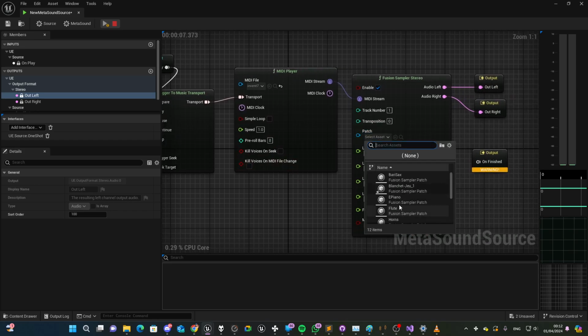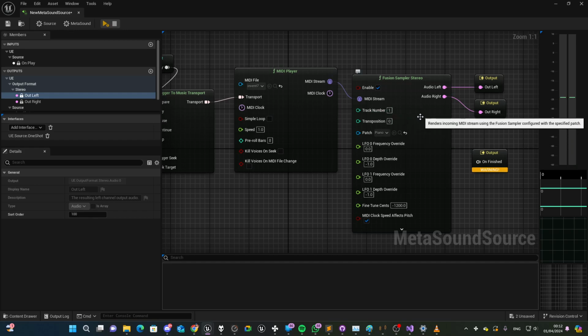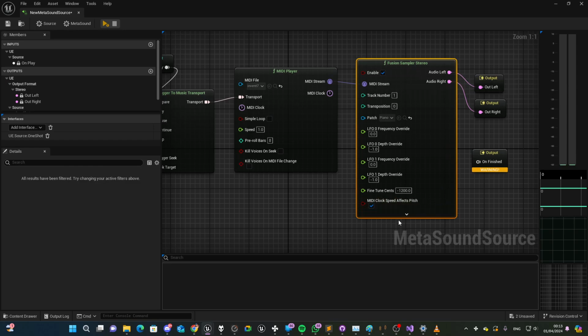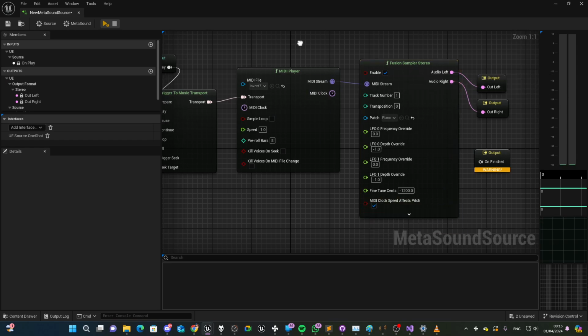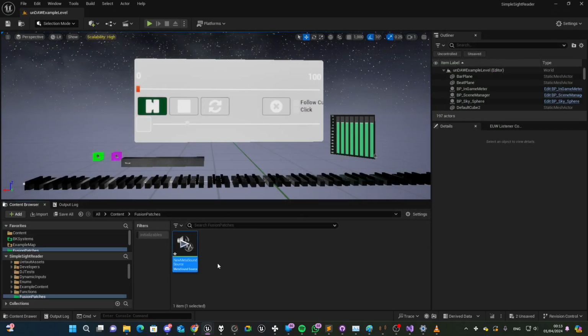And we need to select the patch, of course. That's it. Let's select one of the Epic ones, and cool. And it's only playing one track because there is only one track per Fusion sampler. But okay. So now, in order to create new patches, Epic let you do it from clicking on a bunch of waves,